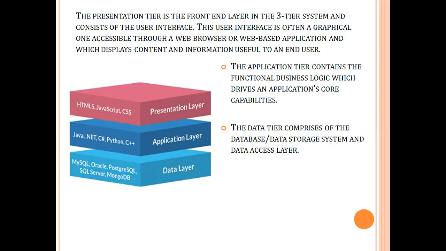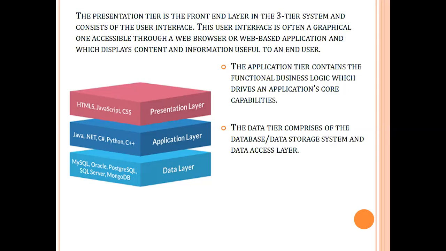Coming to third type, that is the data layer. In data layer, we will use database. So we'll use MySQL or SQL Server, Oracle, MongoDB, PostgreSQL. So here we can understand easily, each and every layer is separated, each and every tier is separated, each and every tier will use a separate tool to design. These three are independent. That is the reason flexibility will be there, high performance will be there, and security will be there. And this three-tier architecture will be used to design the complex applications, to design the web applications.